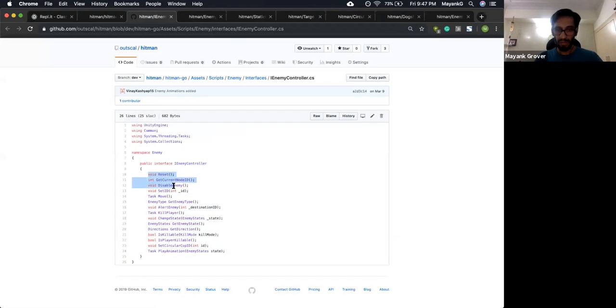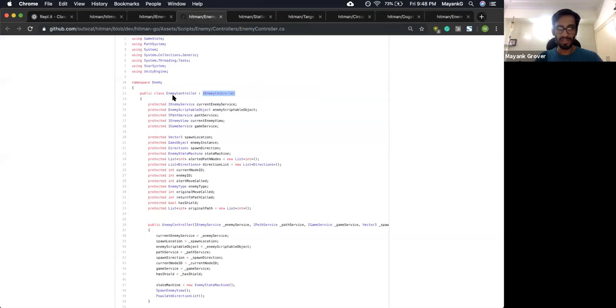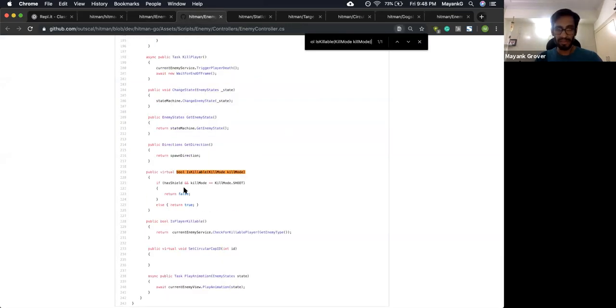If you do not implement, and even if you miss out one function of this list, that will result in an error. So you pick up any of these functions, and exactly the same function will be implemented in the class that implements this interface. Okay, so it is scalable, I just picked up this random function. Now this class implements this interface, and if I control find, there's this function,